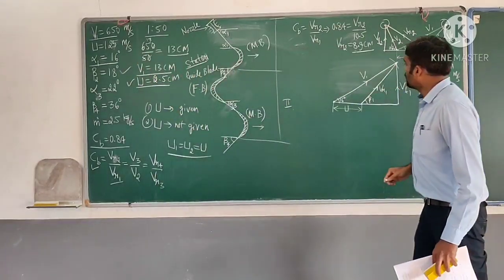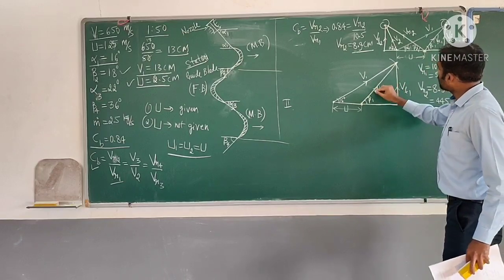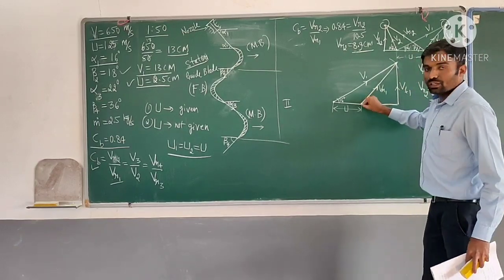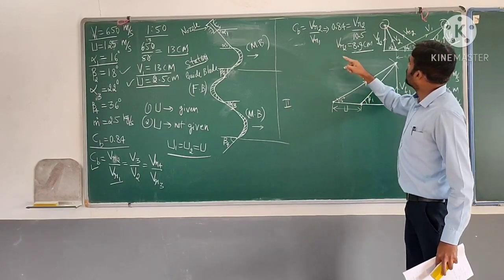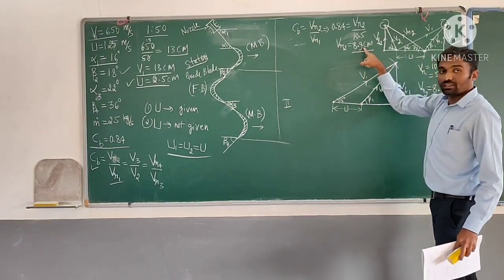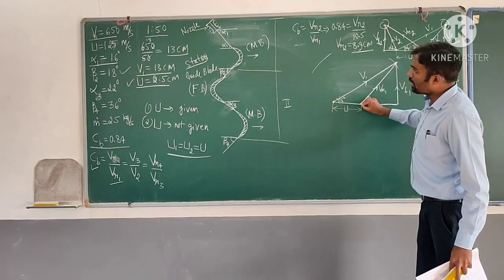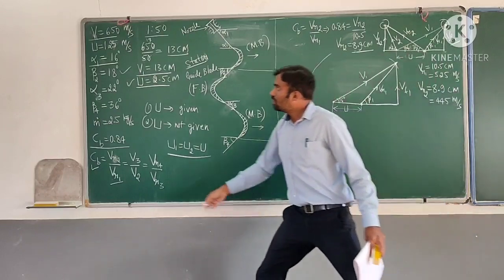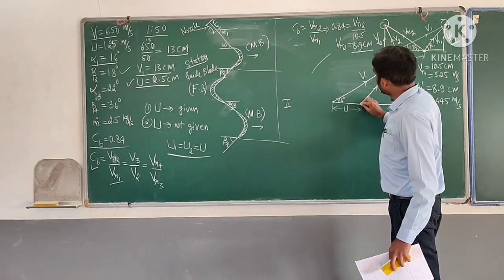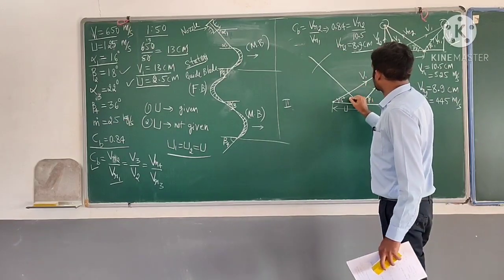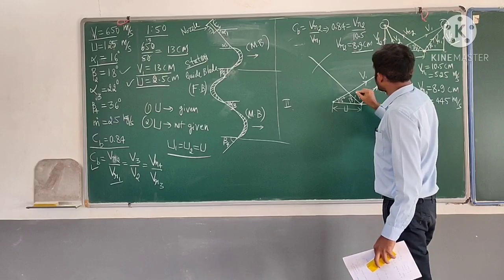Beta 2. Okay, so from this point we know that beta 1 and VR1 go towards this side, and beta 2 and VR2 go towards this side. First I fix the compass to a length of 8.9 cm, then I cut the line, then I draw the angle, which is 80 degrees towards this side. This angle is representing beta 2.